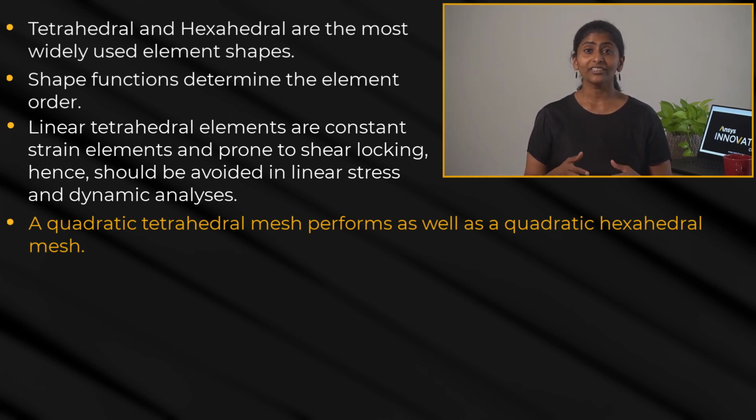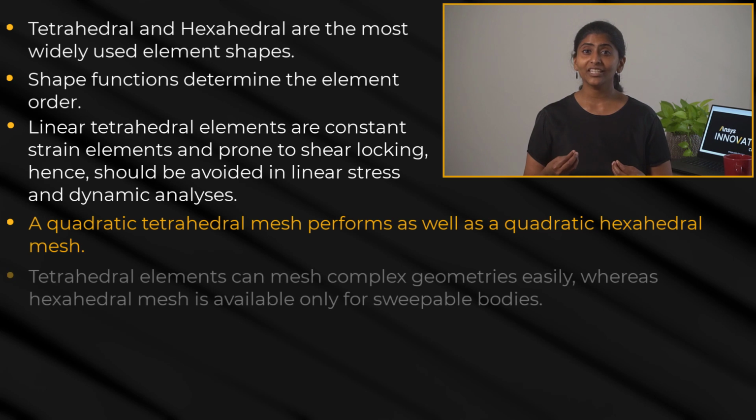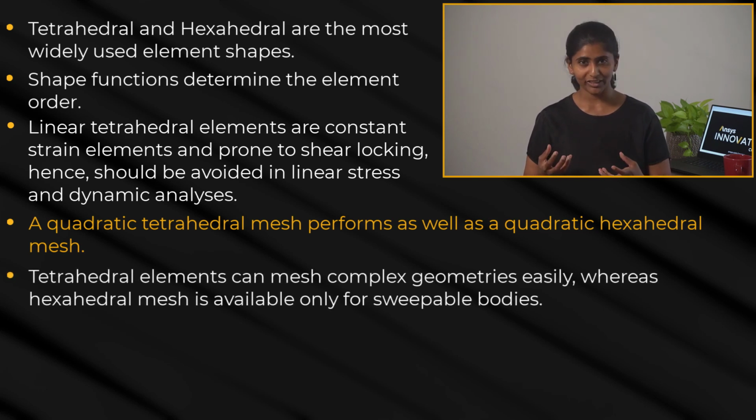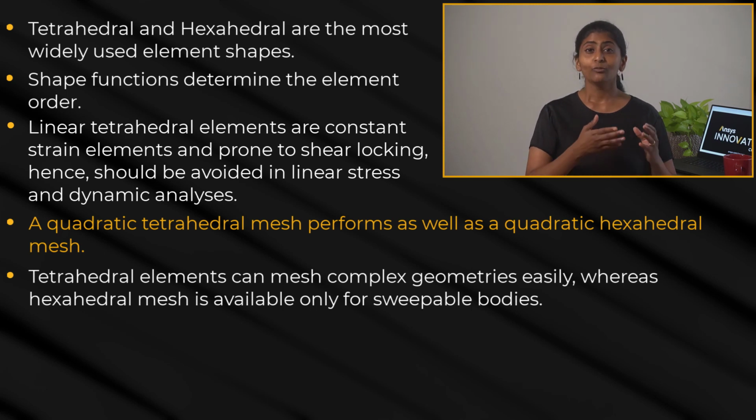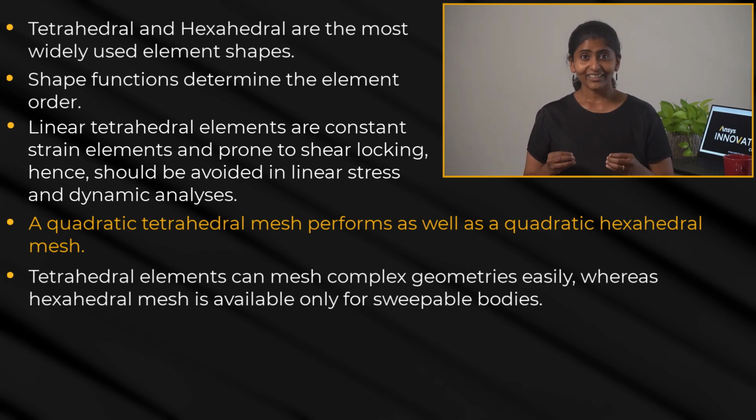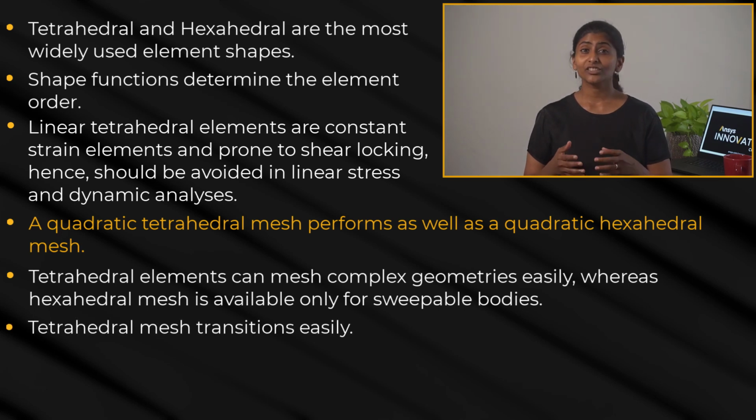Tetrahedral meshes offer the added advantage of being able to mesh complex geometries easily as compared to hexahedral elements which require a sweepable body. Tetrahedral elements can also transition smoothly from a coarse mesh to a finer mesh. Due to this, we can easily define a finer mesh in the regions of interest and a coarse mesh away